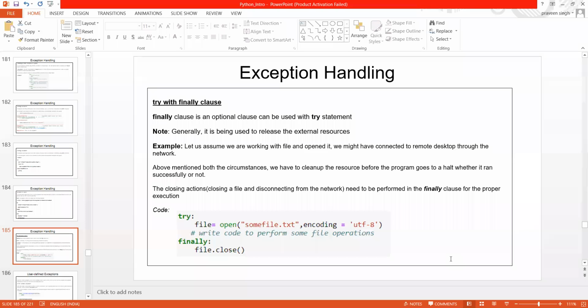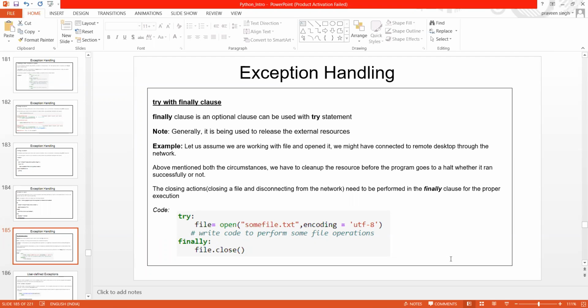Our external resource is nothing but a resource which is available to you for some time through the network or maybe through anywhere else, and you may have forgotten to close it, maybe forgotten to terminate it. So that kind of resources are unutilized. Nobody is trying to use that. Nobody is trying to open that. Or maybe they are trying to open it, but they are unable to, because suppose somebody has opened the same file somewhere else and now you are trying to access it.